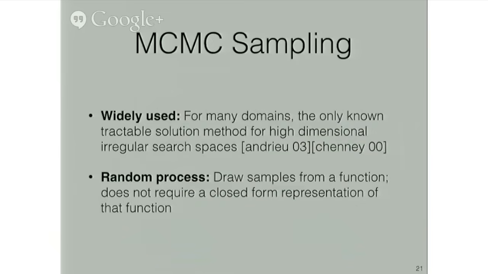First of all, for search procedure, we use MCMC sampling, which, along with a host of other random search techniques, is more or less the only known solution method for very high dimensional irregular search spaces, like the one that I've just showed you. Essentially, all this is a random process for drawing samples from a function where a symbolically closed form representation isn't available. You can't write out the semantics of the function mathematically using some nice notation. Turns out, though, that this property is crucial because, in general, we wouldn't expect to ever have a nice representation of either the correctness function or the performance function that I just showed you.